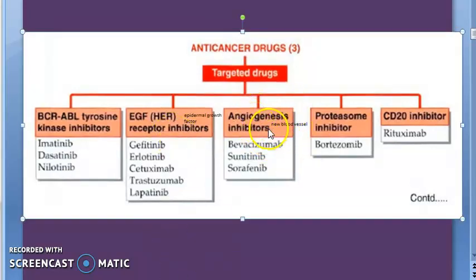So that is nothing but angiogenesis, nothing but the new blood vessels, okay? The formation of those will be inhibited. Epidermal growth factor receptor inhibitors, then BCR-ABL tyrosine kinase inhibitors, and CD20 inhibitor, proteasome inhibitors, okay? So we have finished the targeted drugs, guys. Now let's move on to